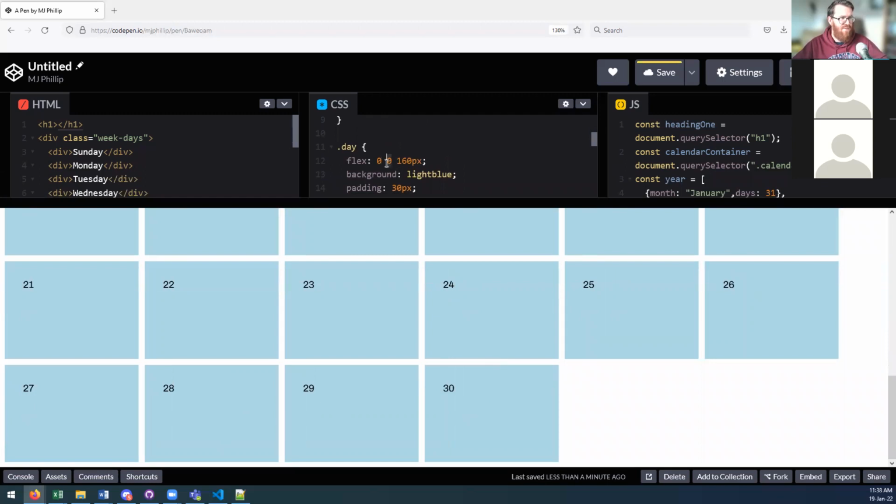The next thing is flex shrink. So it doesn't shrink. And then finally, it sets flex basis. And this is the base size that this thing should be. And I've set it here to be 160 pixels. If I had to increase this to